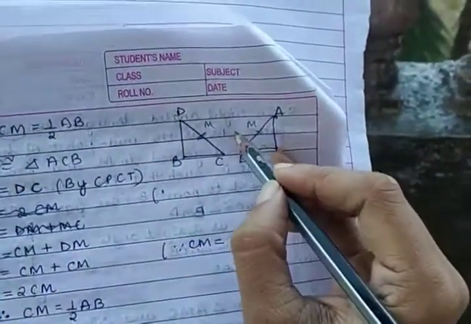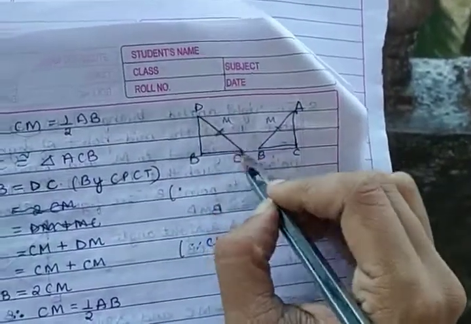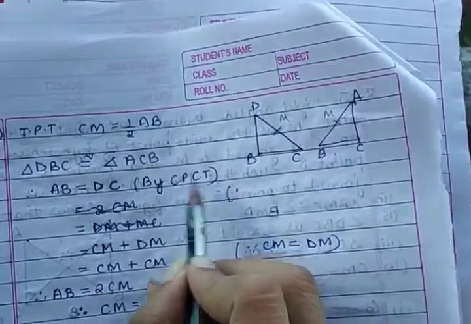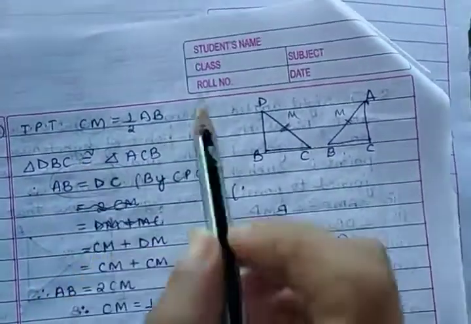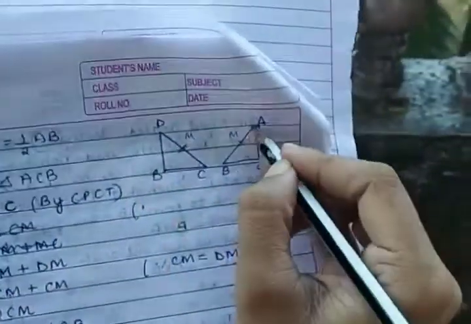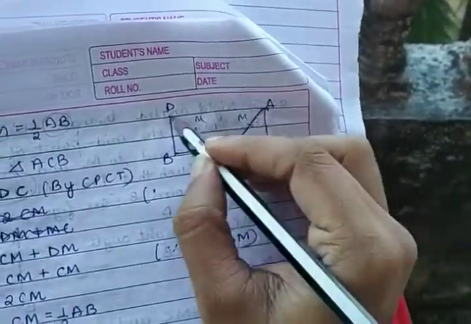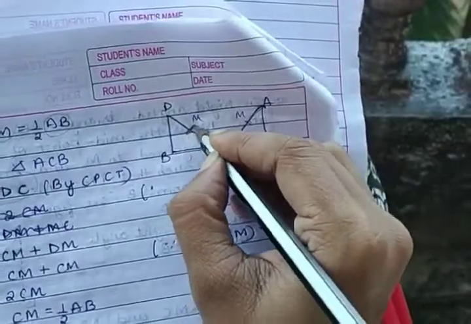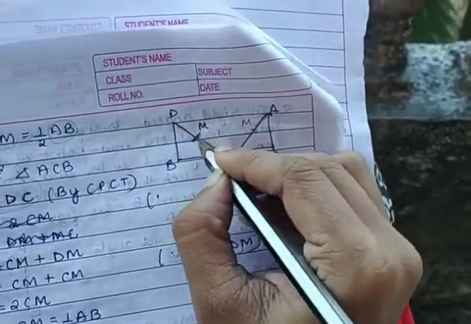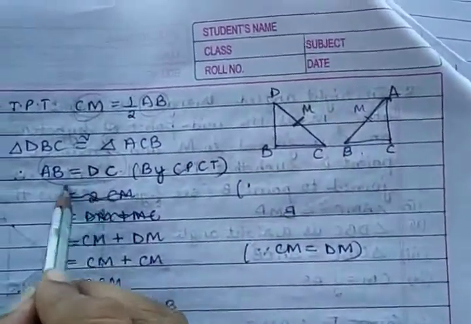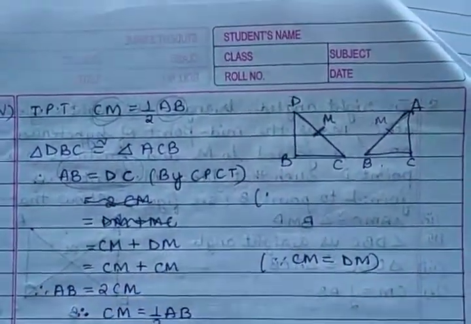CM falls on CD and you have AB, so you know they are the corresponding parts, correct? So we know that AB is equal to DC because they are corresponding parts of congruent triangles. Why are we taking this here? We want AB, so this is AB, then which is the part corresponding to AB? It is DC. And you know from the figure M lies here, so from this side I will get CM, correct? So that's why we are taking this corresponding part.